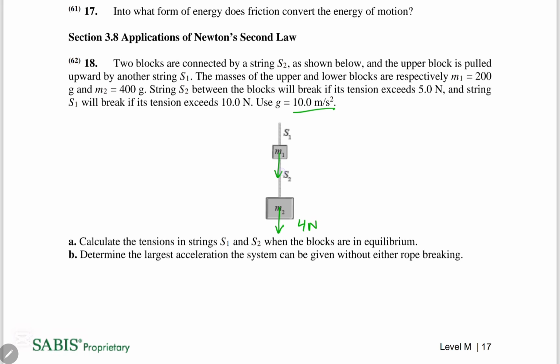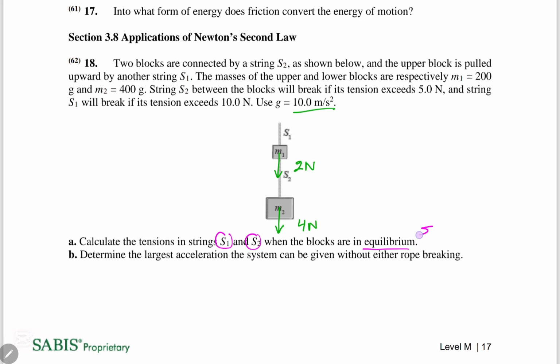And mass 1, it's gonna be 0.2 times g. Why did I do 0.4 and 0.2? Because I divided them by 1,000. You can't deal with grams in physics, you need to deal with kilograms. So then 0.2 times 10, that's gonna be 2 newtons. They said the rope will break if tension exceeds 5 newtons for S2, and the rope S1 will break if tension exceeds 10 newtons. So now they want us to calculate the tensions in strings S1 and S2 when the